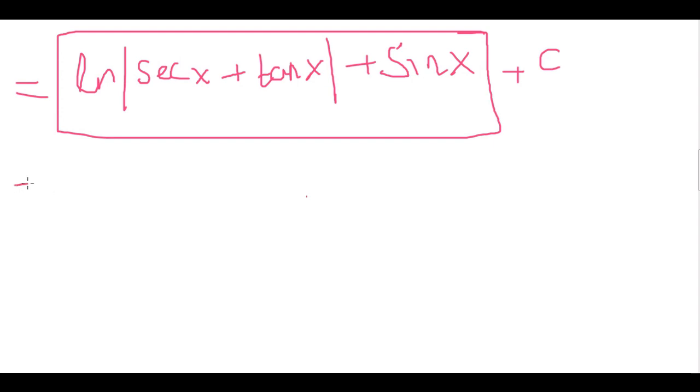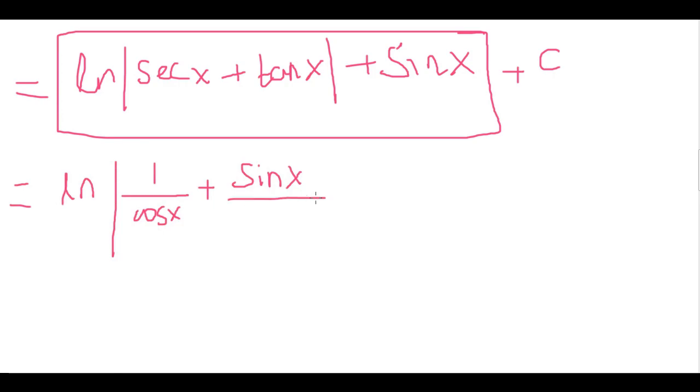We can further simplify this. Actually, we can write secant x as 1 by cos x, and tan x as sin x by cos x, and we have the sin x